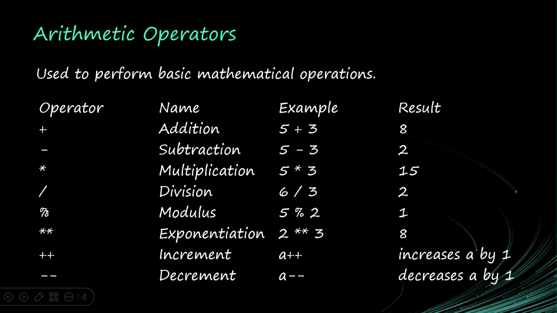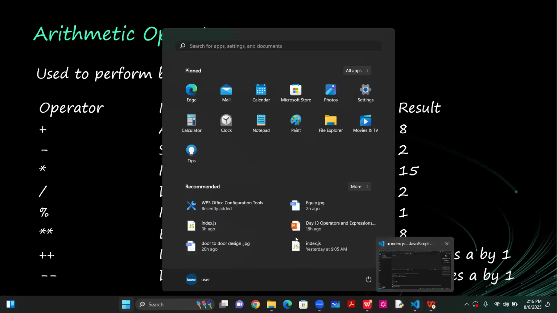I don't know if some of you have met this modulus, but you get it by pressing Shift 5. That's the percentage symbol. So if I go on to my REPL again,